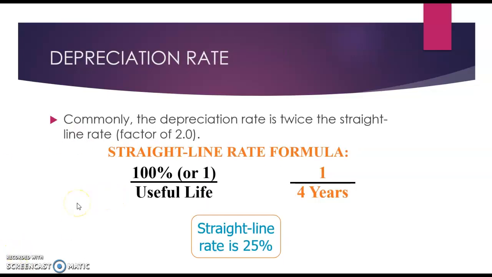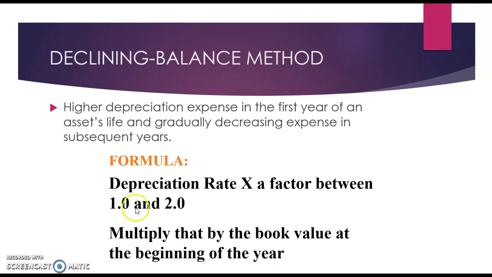Here we're going to take a look at the declining balance method, and again, as mentioned before, the most commonly used rate is 2.0. So the declining balance method is considered an accelerated method,